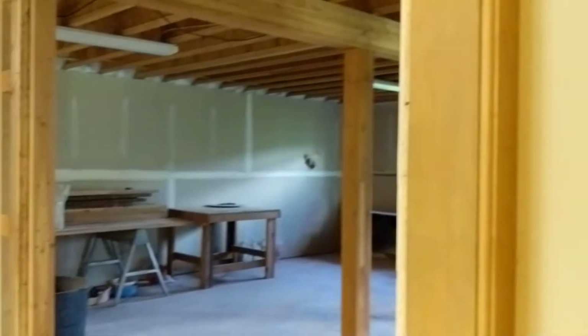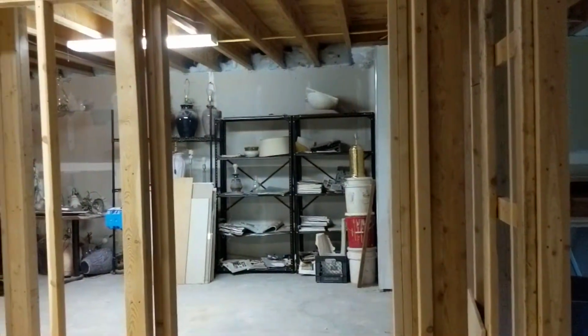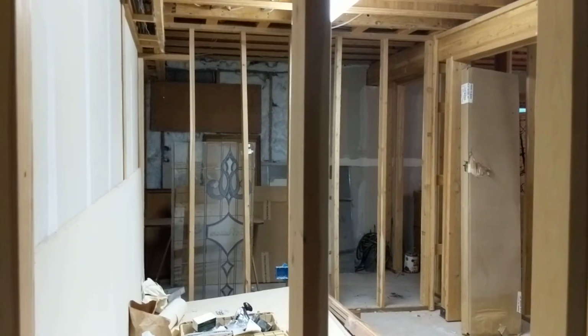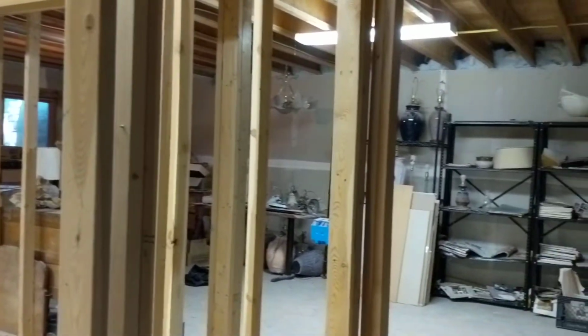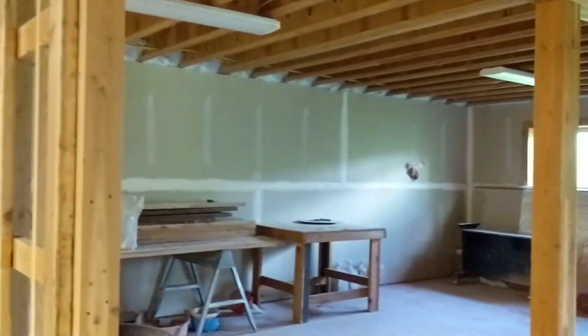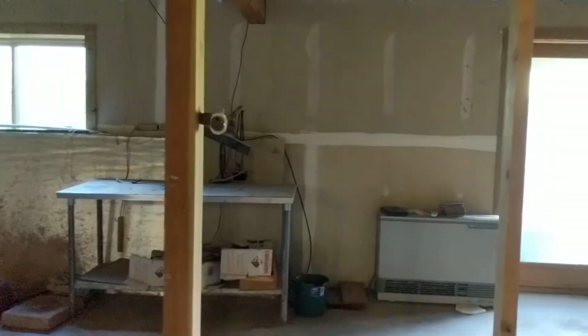On the left-hand side is the basement space, which is functional. There's still a pet smell down here. It's pretty significant, so I'll just kind of pan around. It looks like they had tried to install a bedroom or a couple of bedrooms. And over here to another living space, and then